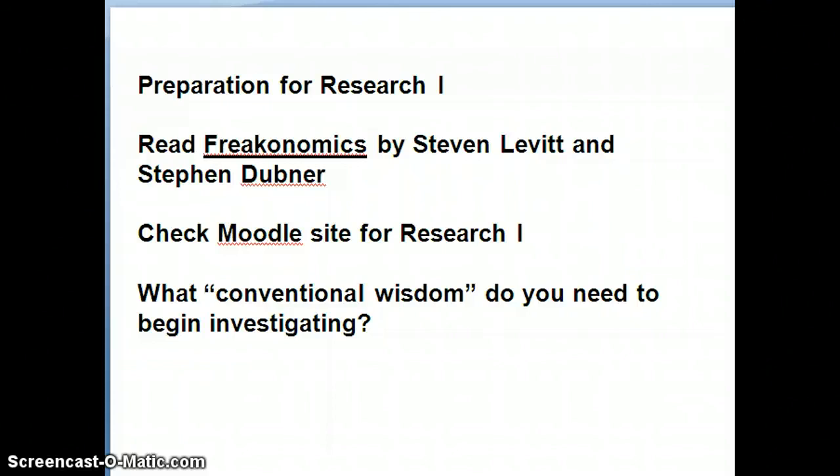But somebody did send me a question and said, you know, I've already read that book. Can I do the other book? The answer is, of course you can, if you've already read this book and you want to go on and do some other topics. For most of you, though, you're going to be looking for Freakonomics, Stephen Levitt, Stephen Dubner. The book is really cheap. The price is less than $10 for a paperback version. You can also get it for about the same price loaded into a Kindle or electronic reader, so it's available.